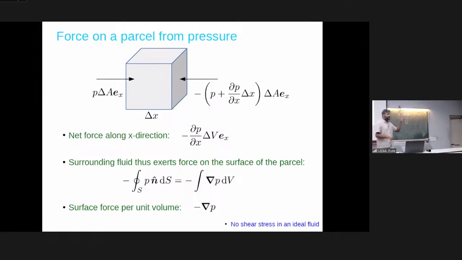Acceleration should be equal to all the forces applied on a fluid element. Simple, right? So let's work out what the possible forces are. There are body forces and there are internal forces. An ideal fluid does not have shear stress because there is no viscosity, but it has pressure inside. We know that if I apply much more pressure here and little pressure on this side, I can cause a wind.